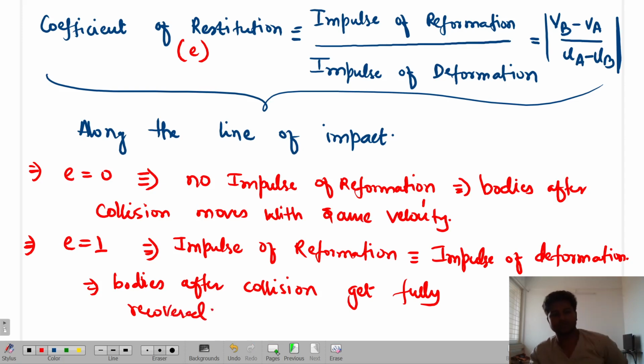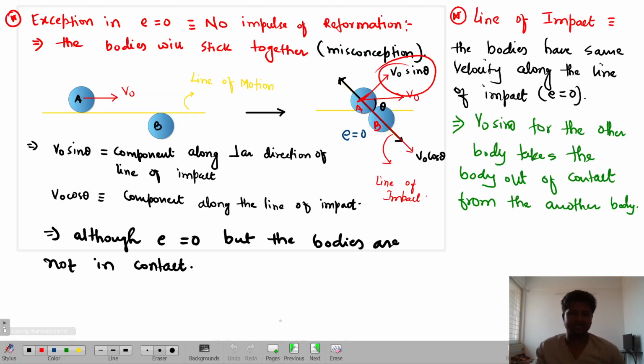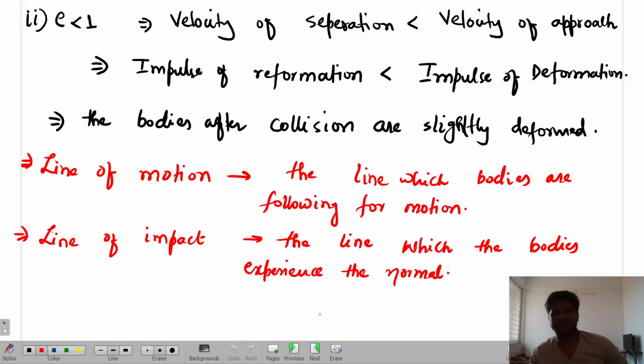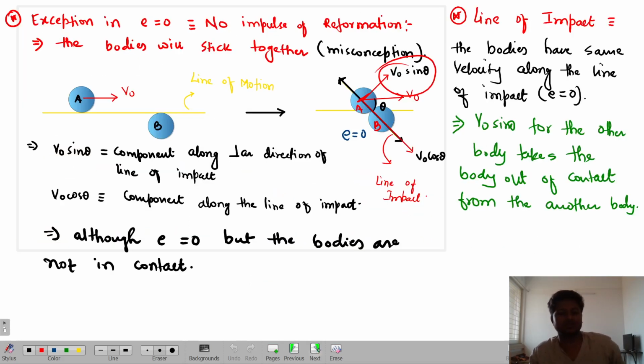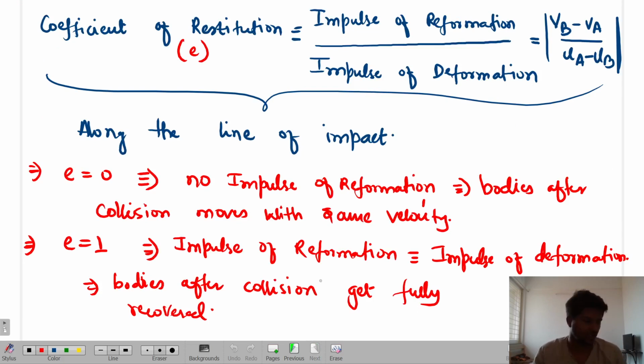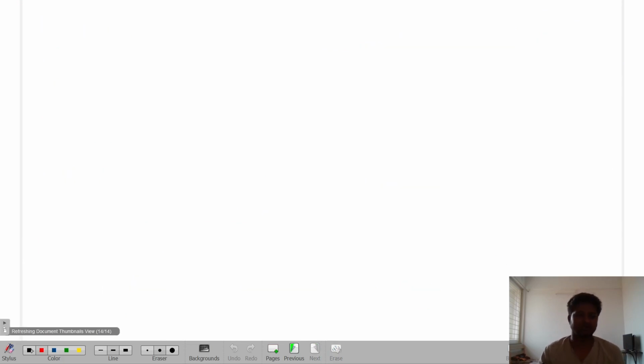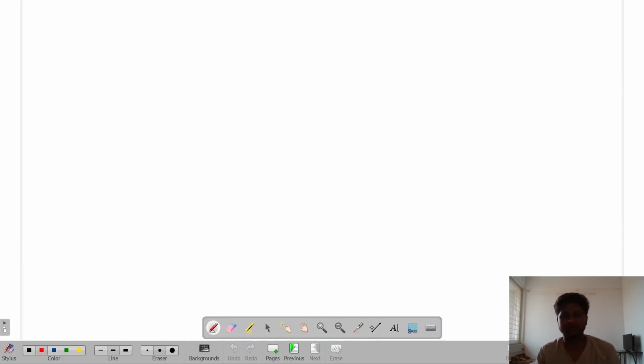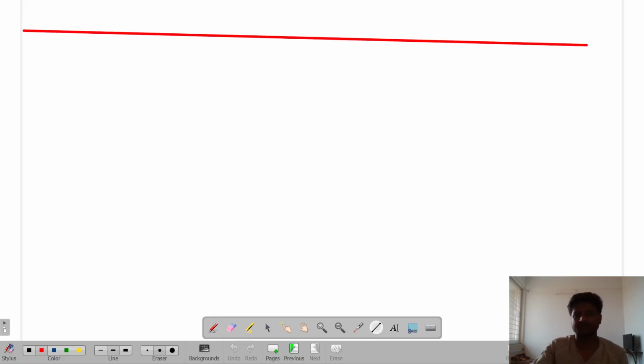So now look over here. We have these conditions, and E less than 1 is a general condition which we will always have to talk about depending upon the situation. Are you able to get me or not? So based upon these three things, we discuss our topic, collision, today.